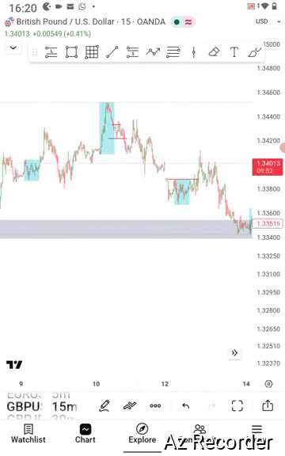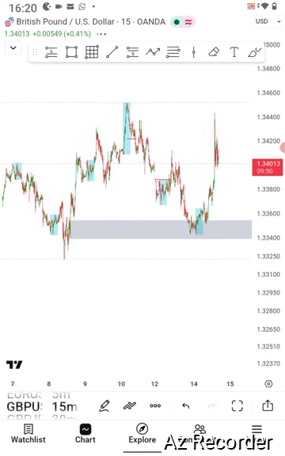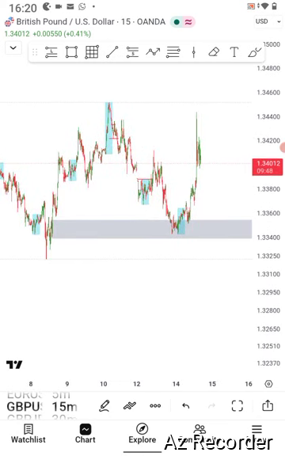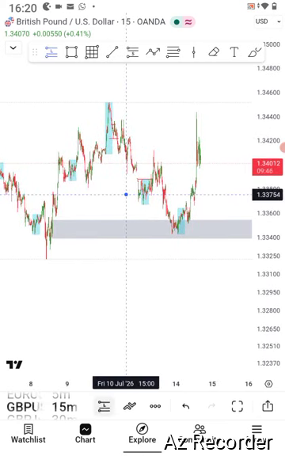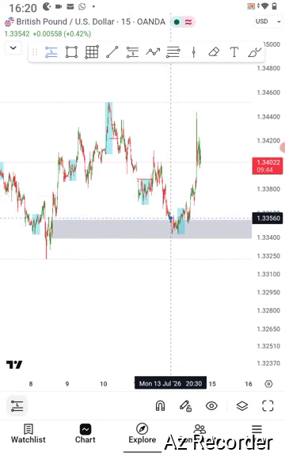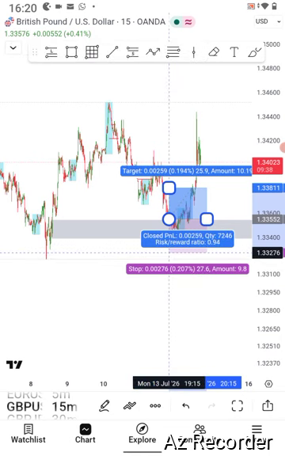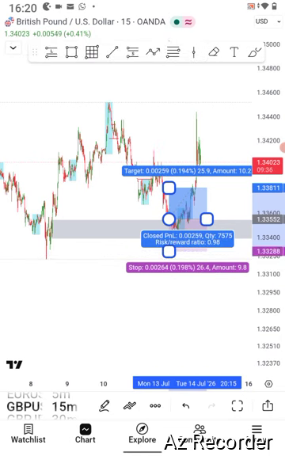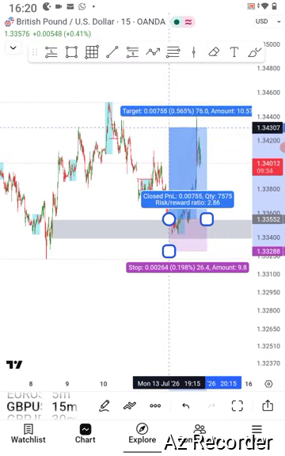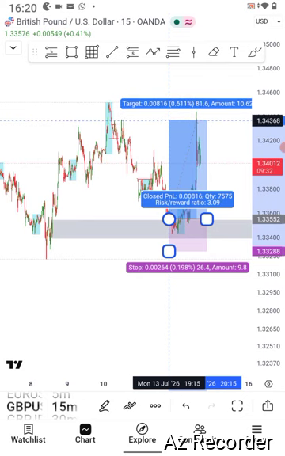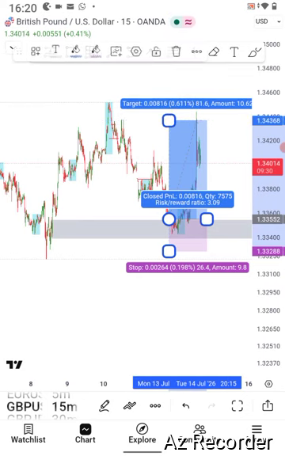So I just came to this place. That was yesterday night. I didn't want to hear that I had a missed entry. I put my pending order. I placed my order here. Then I put my stop loss just below this guy here. Then my TP was here. No, my stop loss. No, that wasn't my stop loss. My stop loss was